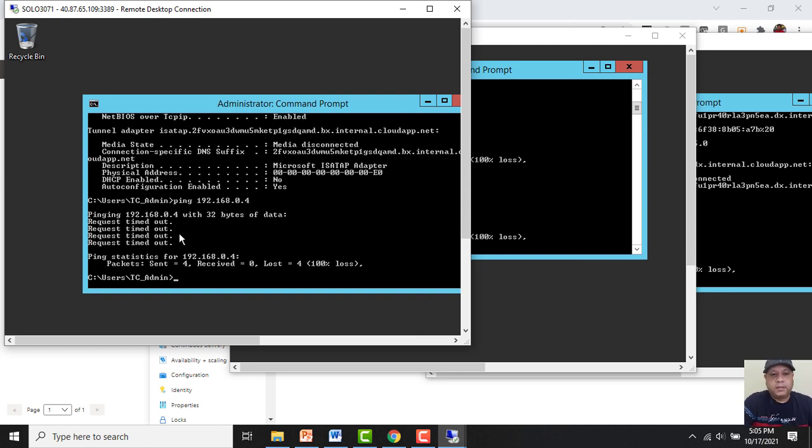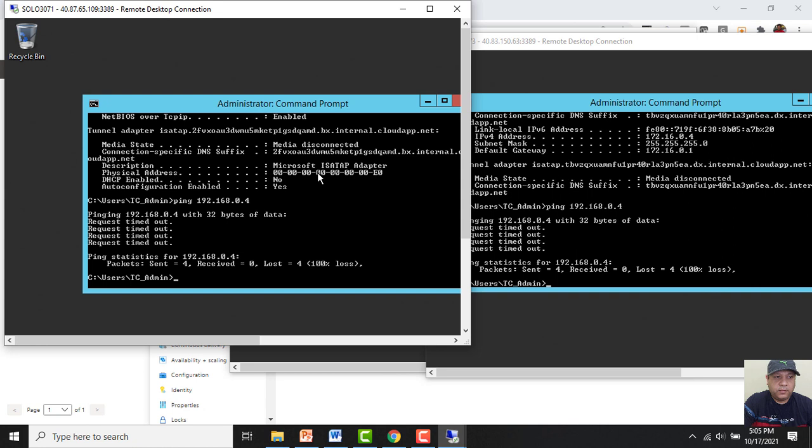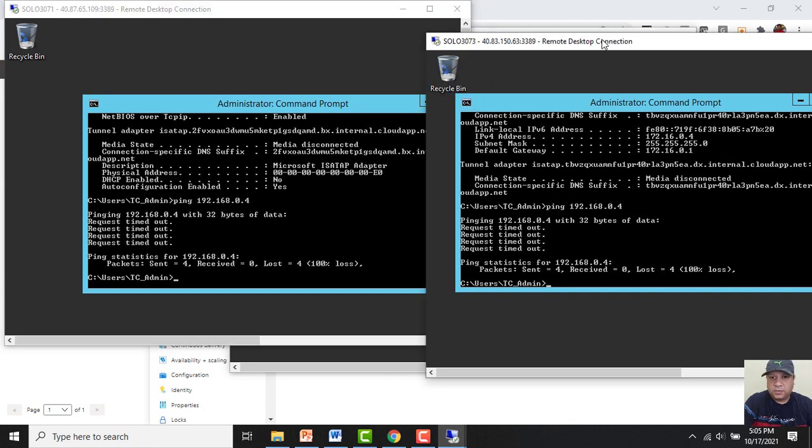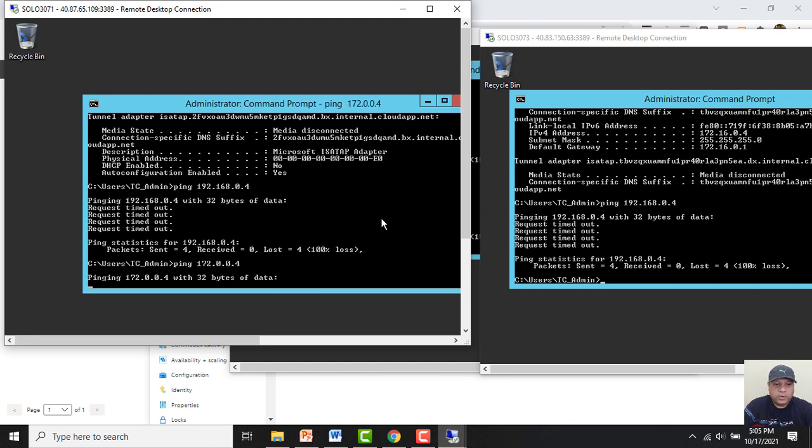Okay. Let me now ping this virtual network C from the VM which is in network A. So what I am looking at here is that the VM is not pinging.